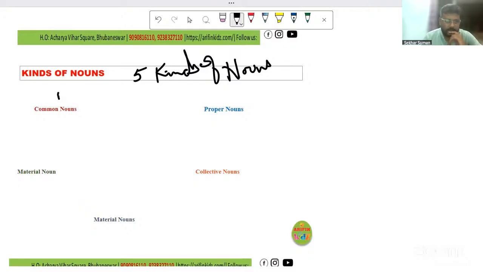So the first kind of noun that we are going to go ahead with is the common noun. Okay, common nouns. Subhashmita Malik has replied, parts of speech. Okay, I'm just holding on for a minute or so. Well, Subhashmita, if I am audible, then let me know whether your doubt is cleared or not, after I have explained. Okay. So once again, to all the children who have doubt in parts of speech,